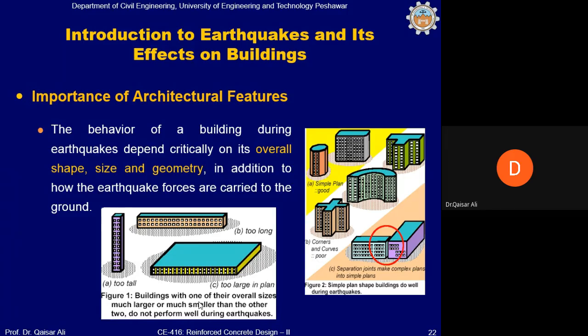These are not good shapes with regard to earthquake resistance. Similarly, C shapes, curved shapes, or T and L shapes are also not good shapes because most of these shapes would cause torsion stresses in the structure,